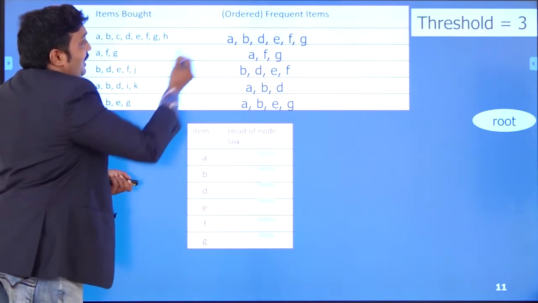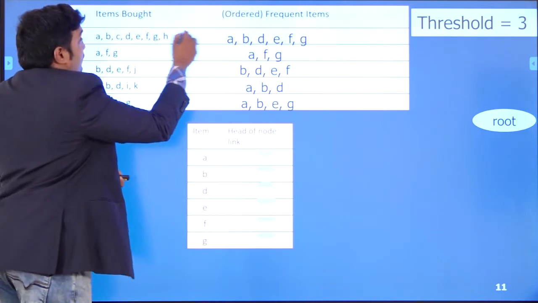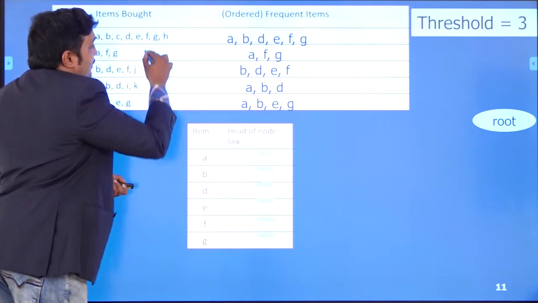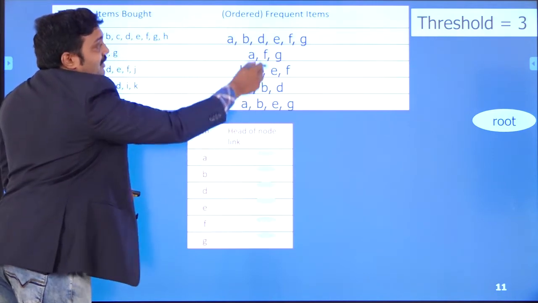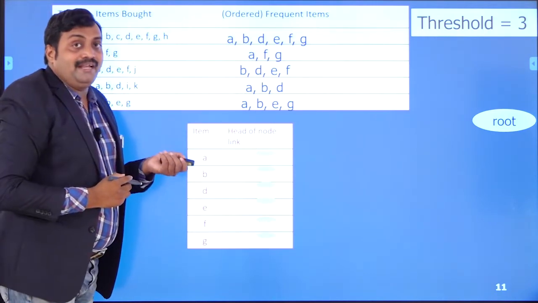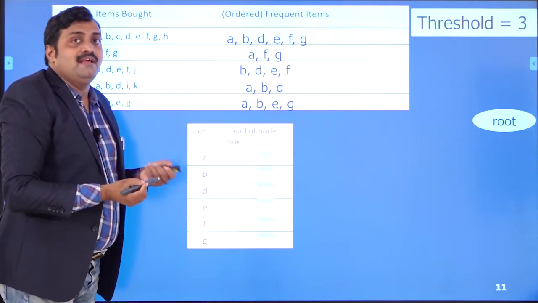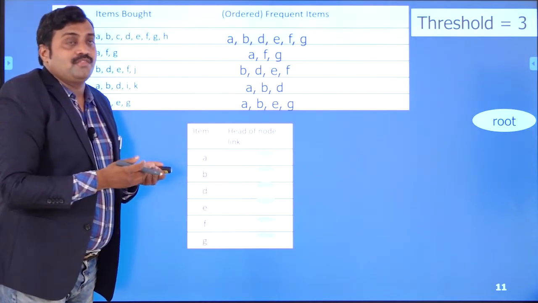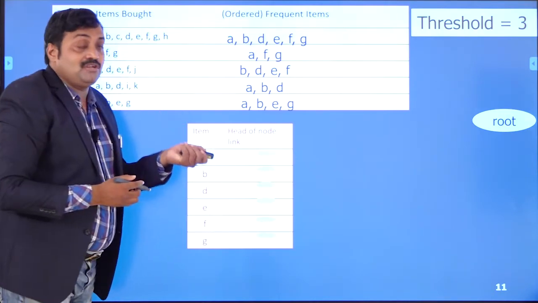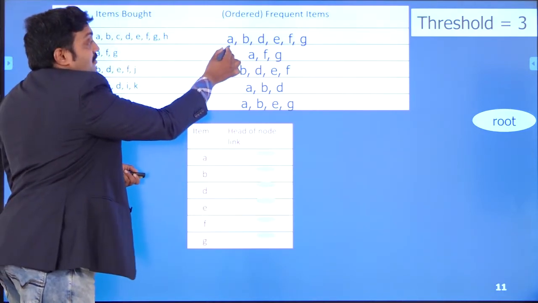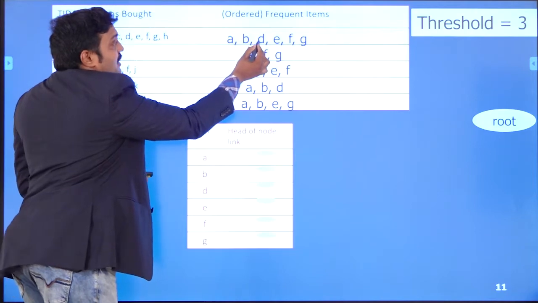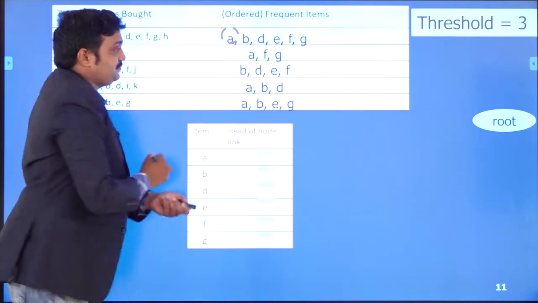Now I start with transaction 1, considering only these, because we already did the scanning and identified the frequent ones. Transaction 100 has the frequent items A, B, D, E, F, G.